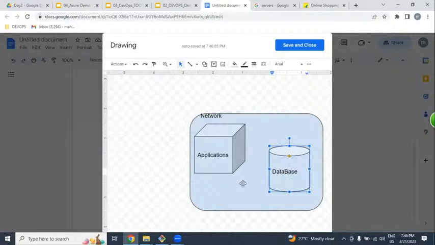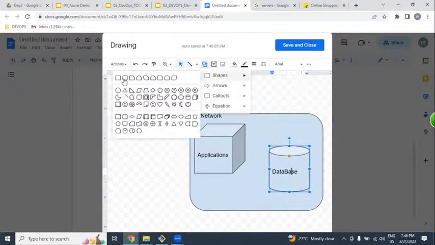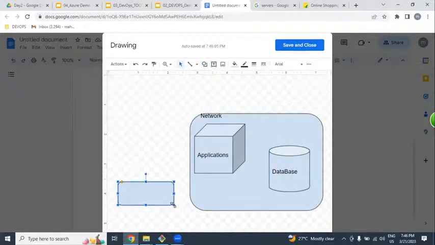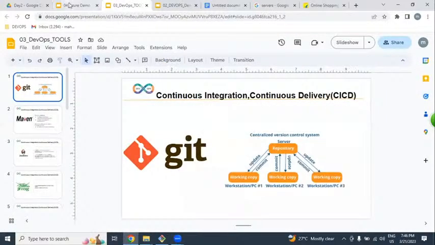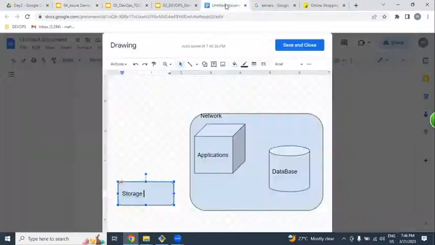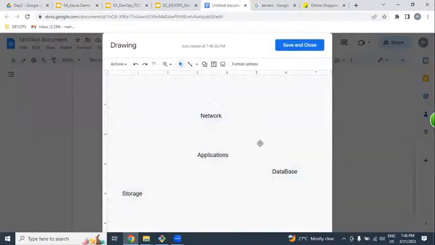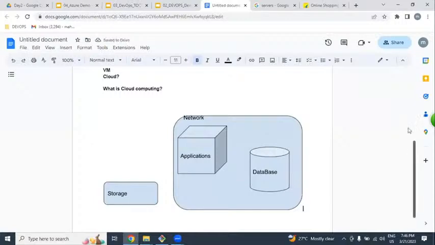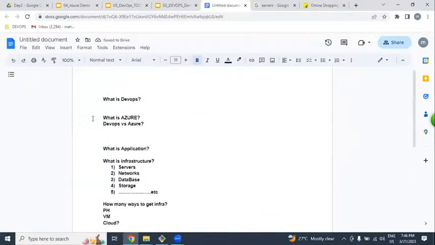If we have additional information like files or movies, whatever, maybe larger files, we are going to be maintaining them on external storage. So with the help of cloud, with the help of this Azure cloud, we can easily deploy our applications. So today we understood very clearly what is DevOps and what is cloud.